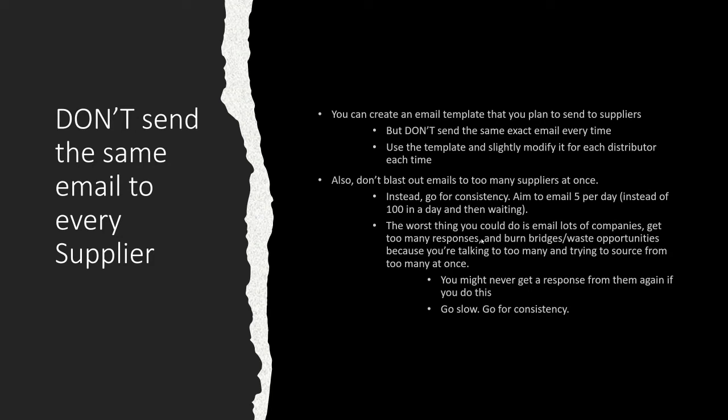So start slow, because you'd rather, let's say you do 5 emails per day for like 3 days, right? Then you have emails out to 15 companies. Maybe 3 of them respond back to you, right? Or maybe more, right? Maybe 3 of them respond back to you and you get product catalogs or SKU lists from each one of those 3, right? Or let's say 3 of them respond back to you, you get product catalogs from 2 of those companies,